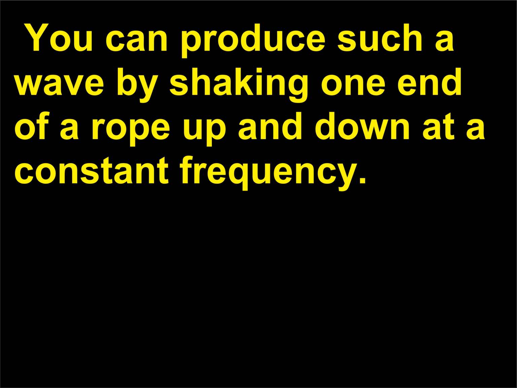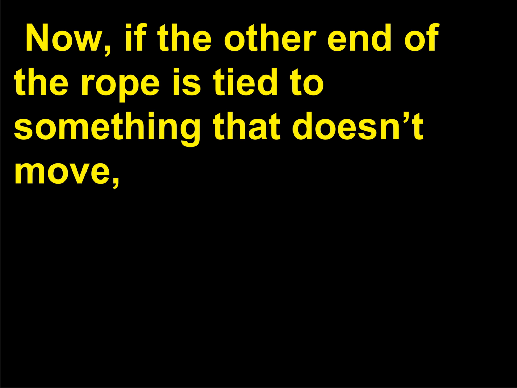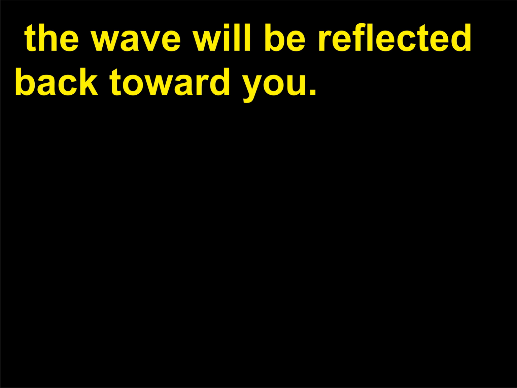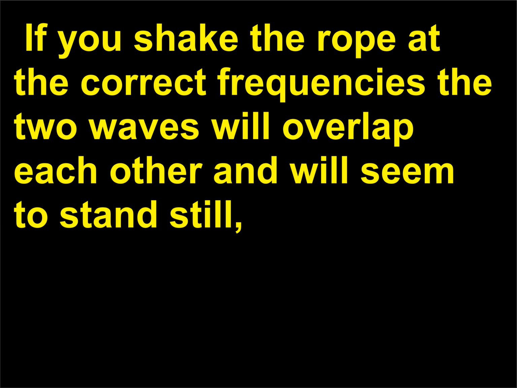You can produce such a wave by shaking one end of a rope up and down at a constant frequency. Now, if the other end of the rope is tied to something that doesn't move, the wave will be reflected back toward you. If you shake the rope at the correct frequencies, the two waves will overlap each other and will seem to stand still,